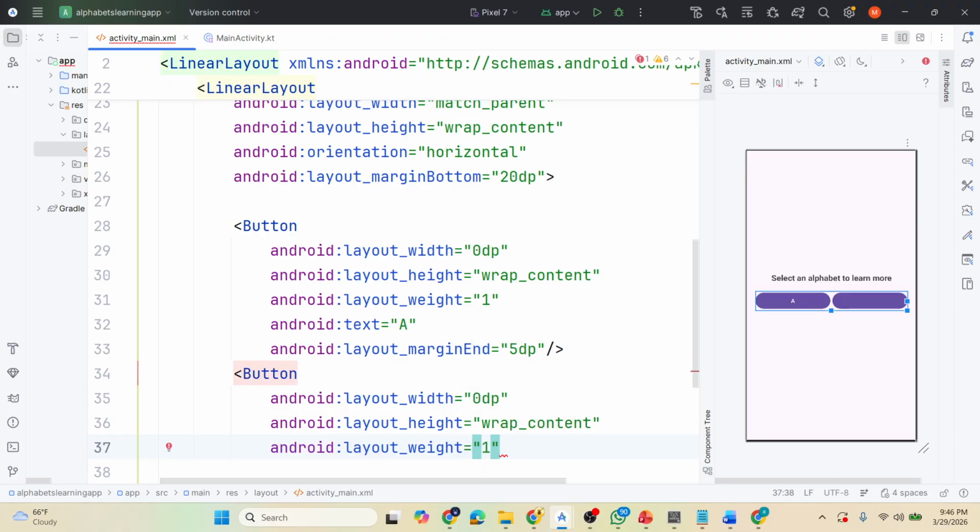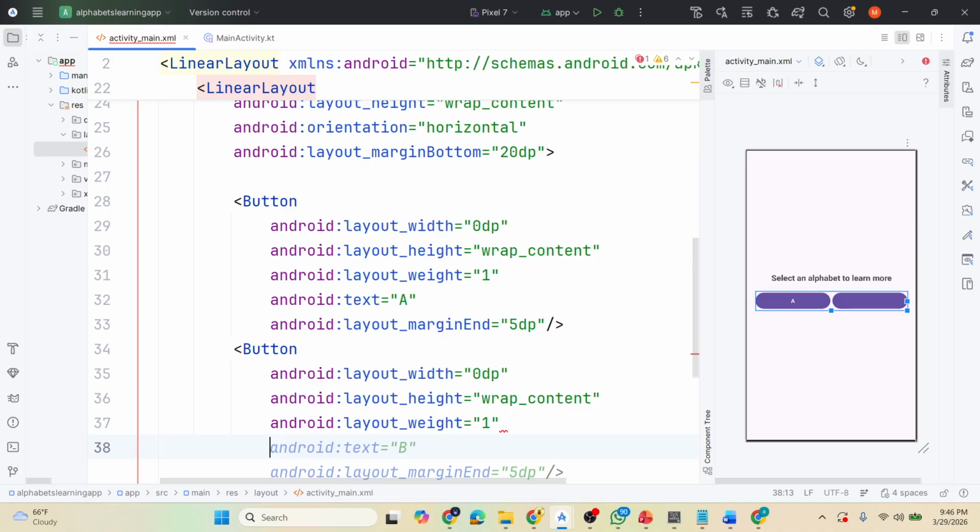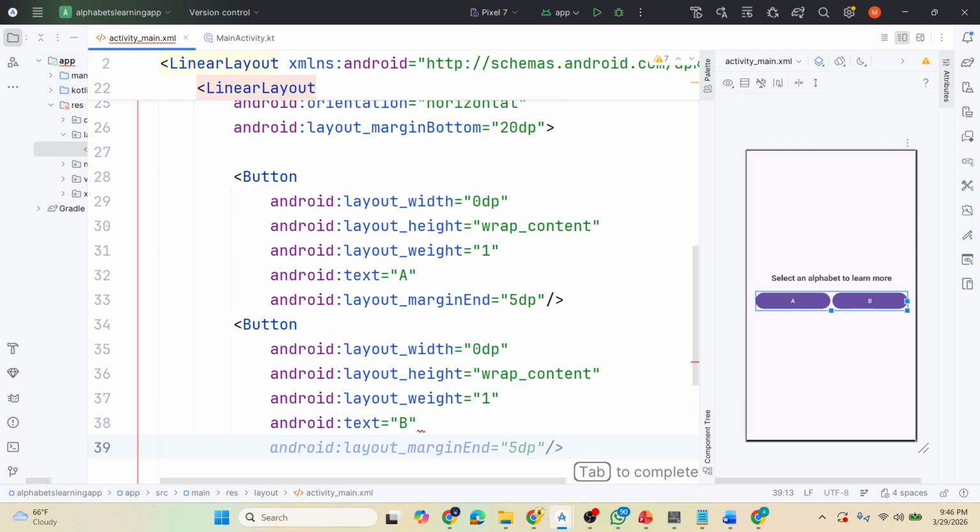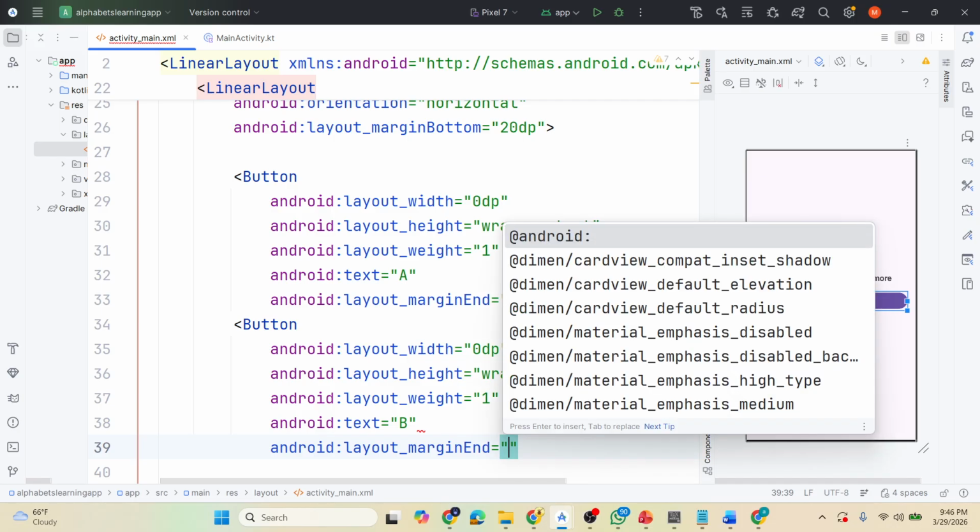So you can see both these buttons have same area because weight is 1, and the text will be B, margin end 5 dp,